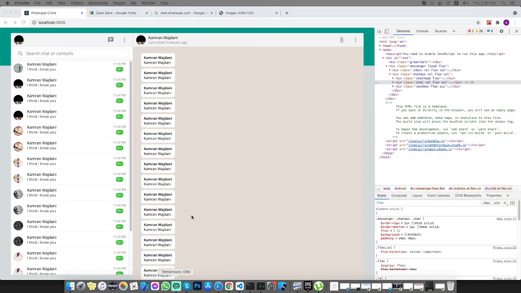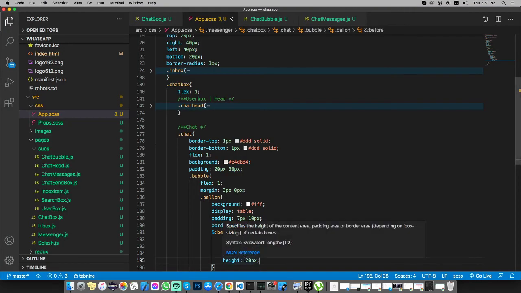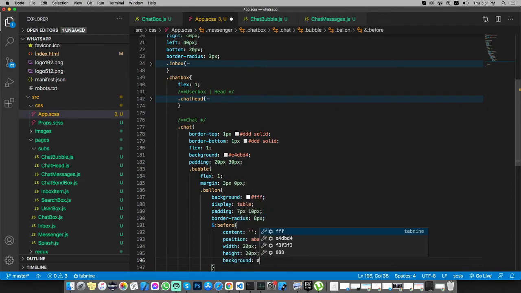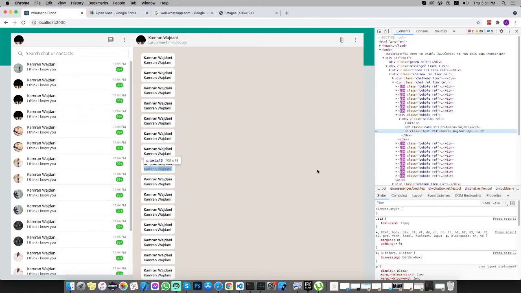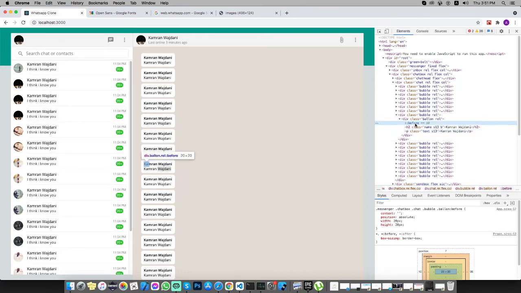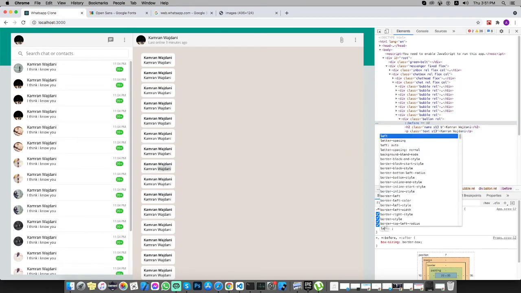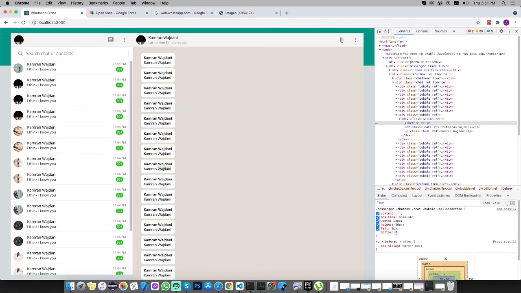Here we go. And for the background let's add white. Inspect, and for before we will add left 0 and bottom 0 pixels. Let's add z-index to 1,